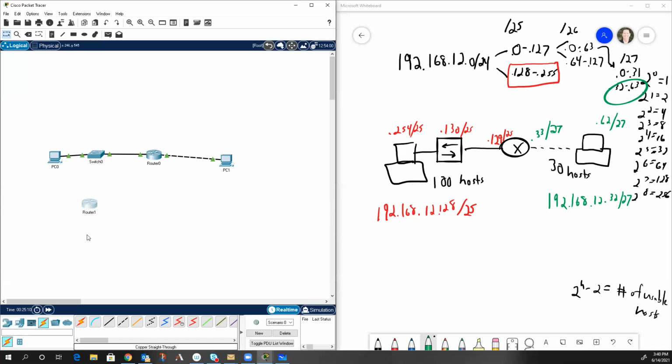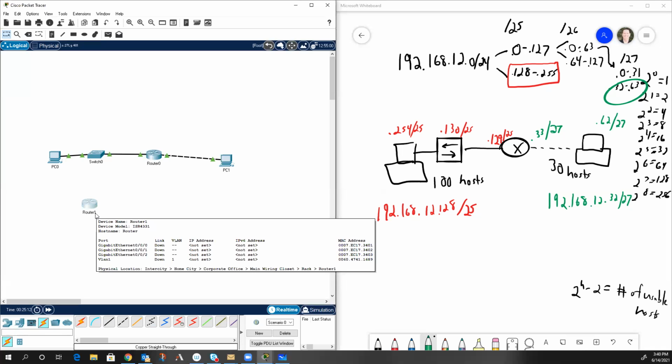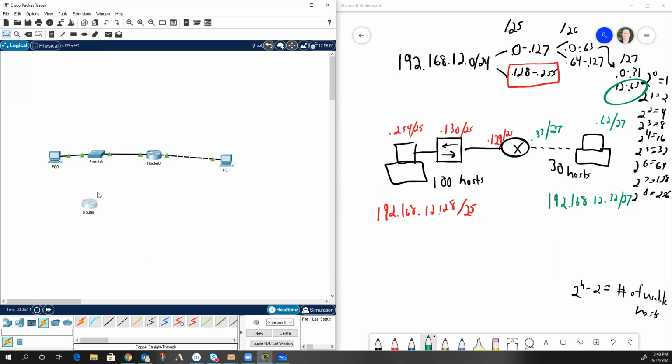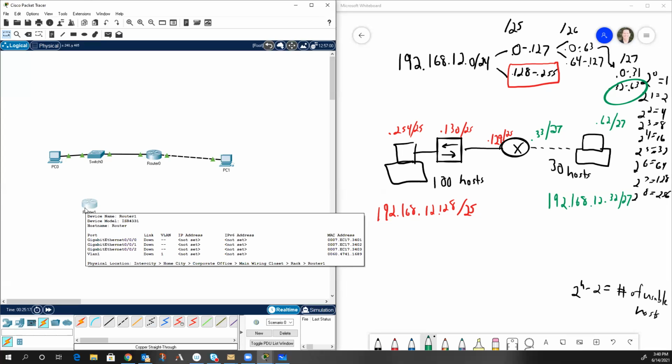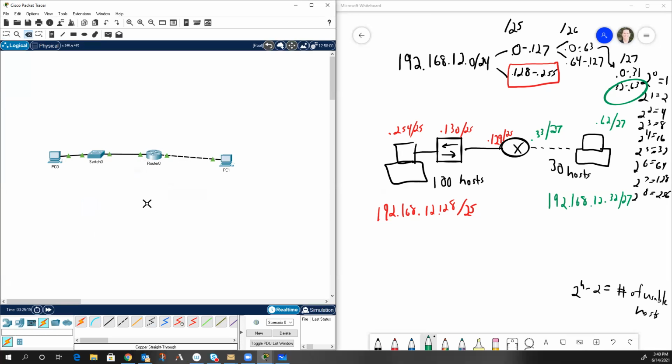You have the ability to create any lab you want, which is really a neat thing to allow you to be able to do with this. I like doing this with real gear. I also like doing this with Packet Tracer, but a lot of times when I get real gear in the